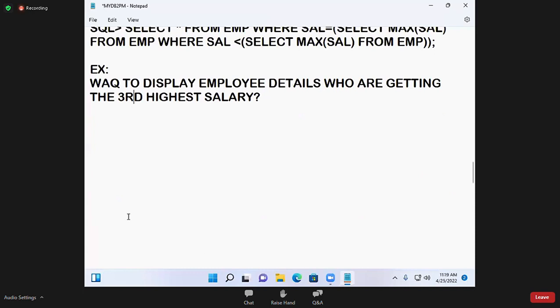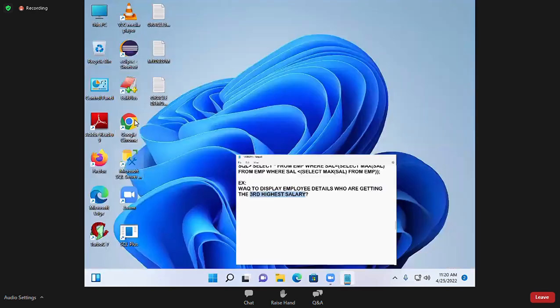The next one is to find out your third highest salary employee details. In this case, observe, guys. When you need to find out the third highest salary, how is it done? For example,